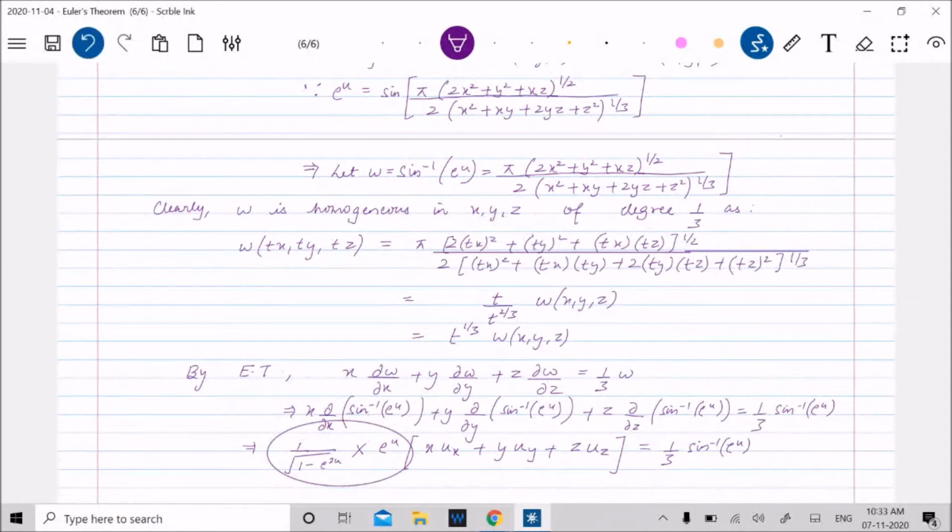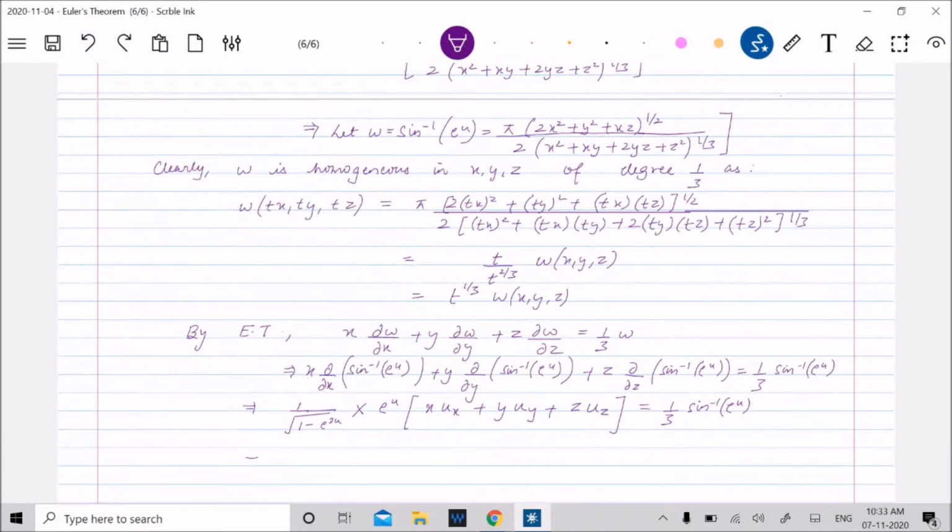Of course, this will be common in each of these 3 terms, right? Now, that gives me this whole term can be brought on the right hand side. So I will be having x ux plus y uy plus z uz is equal to 1 by 3